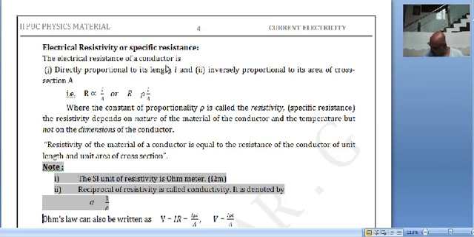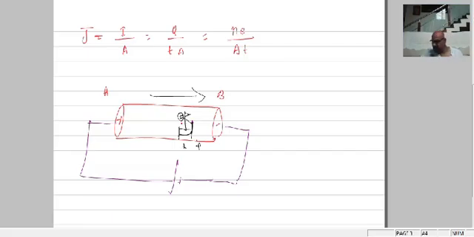Now just observe this to understand about the resistivity. As I told you, remember, resistivity is directly proportional to the length of the wire and inversely proportional to the cross sectional area. Then you might be wondering, sir, you told that it depends on temperature. Yes, it also depends on temperature. I'll tell you how it depends on temperature.